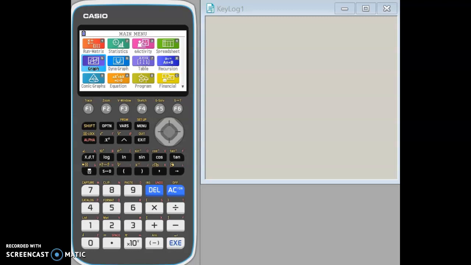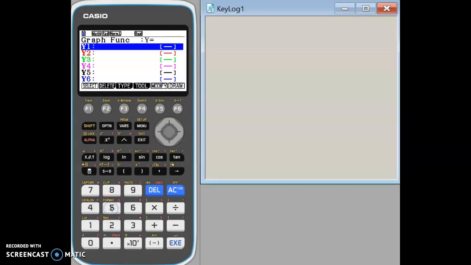If we are going to graph, we're going to go to our menu, and on this calculator, it's 5 for graphing. We should get this window coming up. You want y's over here, and we want to type in our equations. They're going to be 2/3 x minus 6, so I'm going to hit the fraction key. 2, toggle down, thirds, toggle over x minus 6,